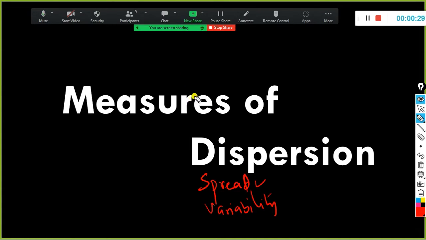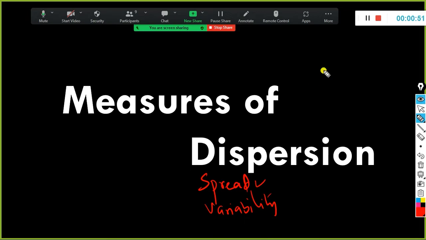So now the question is, why do we need to learn measures of dispersion? First of all, what is measures of spread? It helps us to understand how far off the values are from the mean. By measuring the dispersion, we will get to know how far the values are away